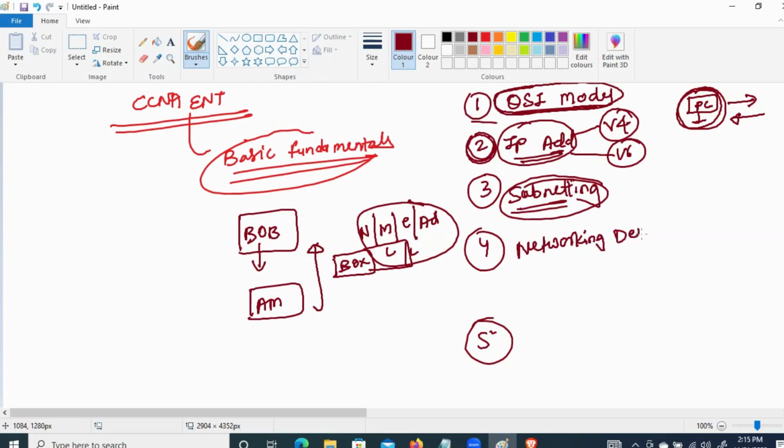Now, the fourth topic is networking devices. Before doing anything else, the networking devices must be clear. Basically, how many types of networking devices do we discuss? Hub, bridge, router, switch, gateway. Why we use them and how to use them. And whenever users send data, how do these devices flow the data traffic from one location to another? So in networking devices, we discuss data flow, packet flow, ARP process, proxy ARP, routing table, MAC table,